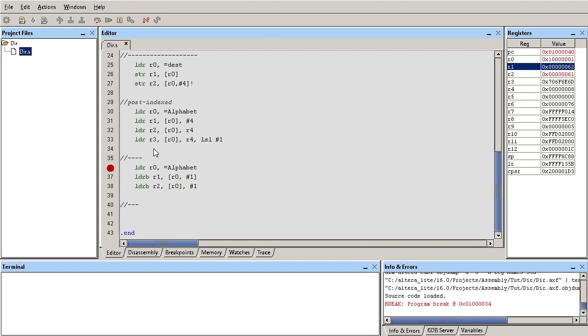And on the other hand, if I do the second instruction, this will go to this base address, and it's going to load the value from that address, which is an A. A is 61 in hex. It will put it in R2, and then it will update the pointer by 1, and my pointer now points to this location,